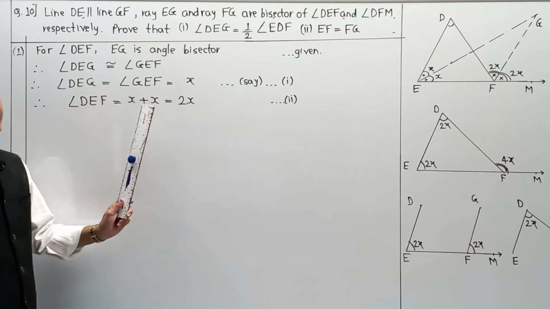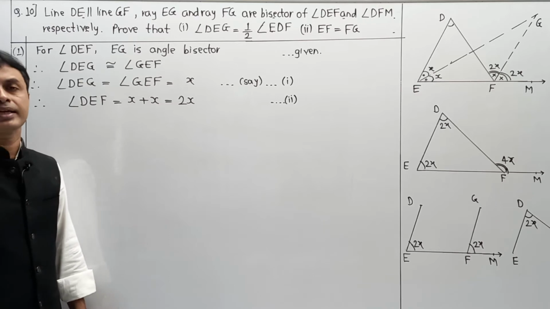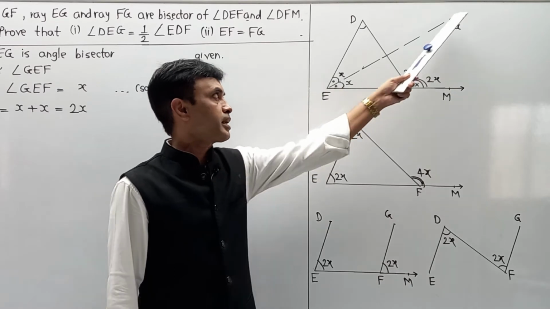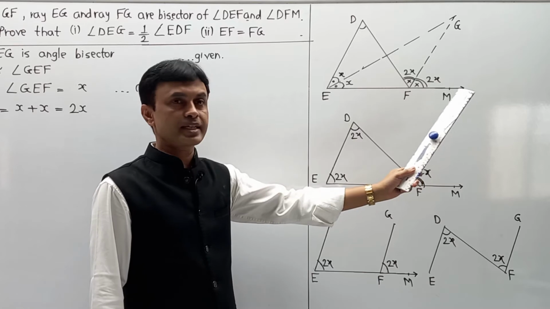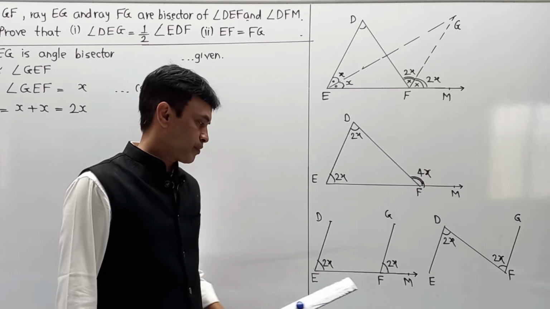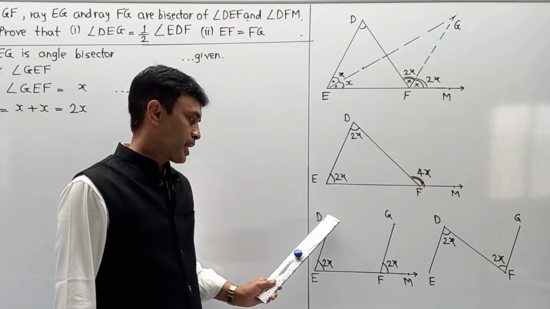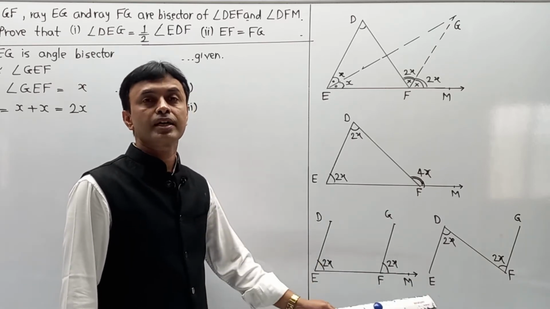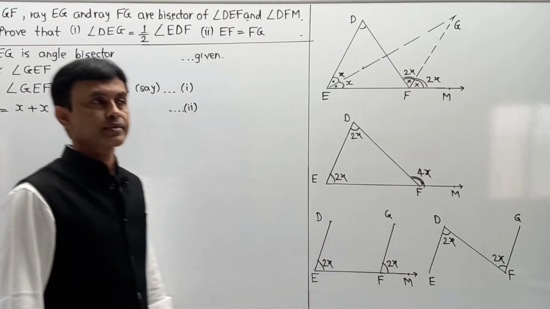Now from DEF we are moving into the part of the second angle over here. In the second part we are going to write DE parallel to GF, and EF or EM acts as a transversal. Means we are talking about this part. Naturally angle DEF is congruent to GFM. These are nothing but corresponding angles, and giving the declaration about 2x and 2x, the part is.